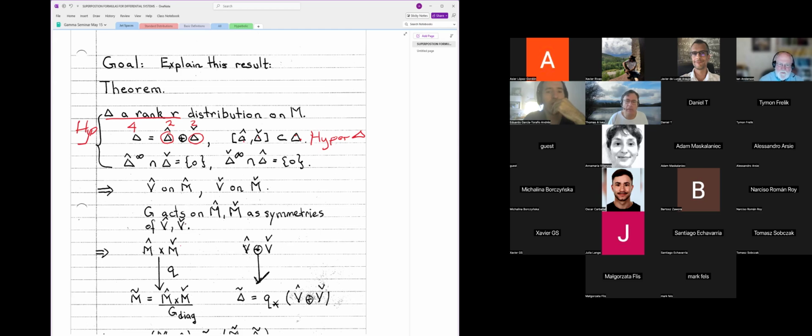The next notation in this theorem is this delta hat infinity. This is the smallest integrable system containing delta, and it's easily calculated from the derived flag. So we'll go into more details on how you calculate this a little bit later. But the hypothesis says calculate this terminal derived flag, hat, intersect it with the check distribution, and require that the intersection be the zero distribution, essentially empty. What this means is that this derived flag distribution cannot get too big. If it gets too big, then this intersection will be non-empty. And we require the same condition on the terminal derived flag of the second distribution. If these conditions hold, we say that the delta